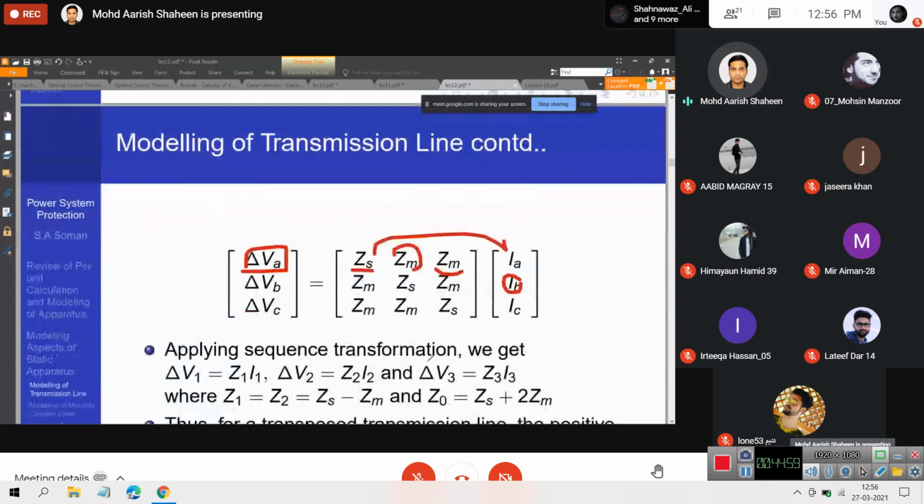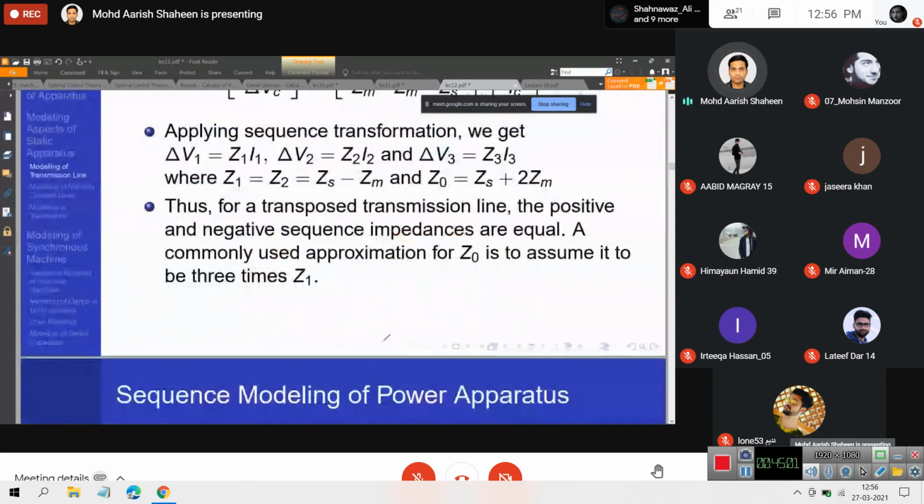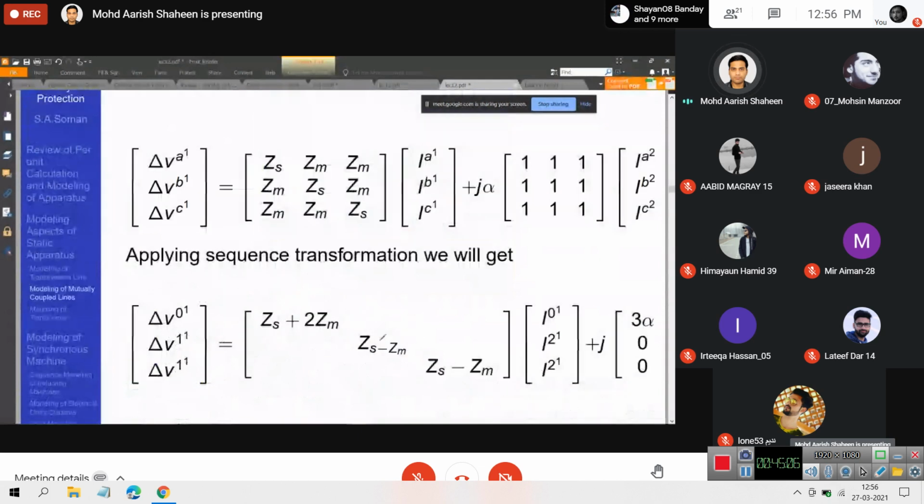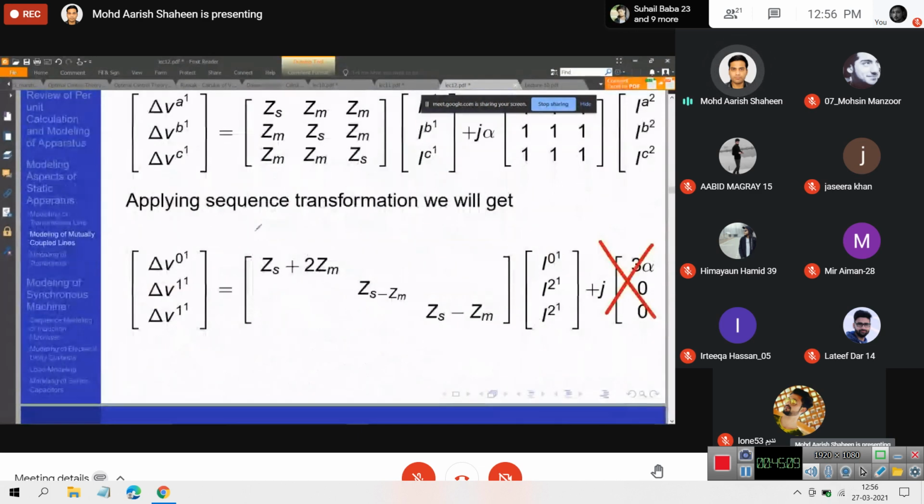Once you make this transformation, let me show you the final expression. These are the equations governing the system network in the positive, negative, and zero sequence networks. The first thing that you will observe is that the zero sequence voltage, sorry, this is positive sequence and negative sequence voltage. Here also 1 is written, there should be 2. Okay, they are related to the zero sequence, positive sequence, and this is negative. It got interchanged here. But anyway, the negative sequence currents by another linear transformation.